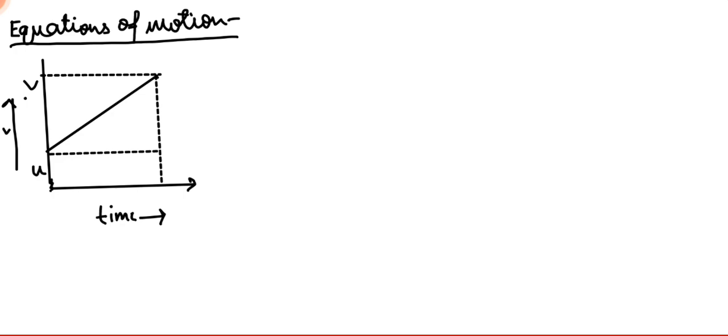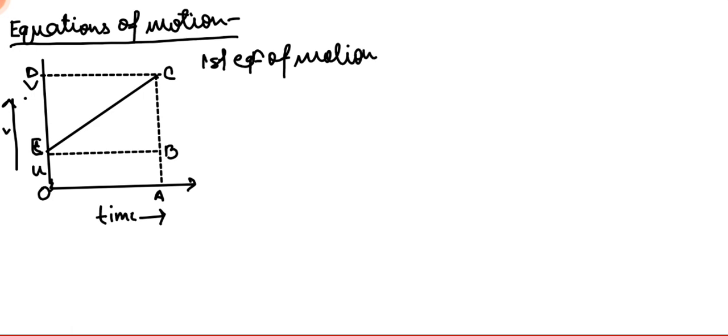Let's name the intersecting points. Let us name them O, A, B, C, D, and let us consider this is E. Now, here students, for the first equation of motion,